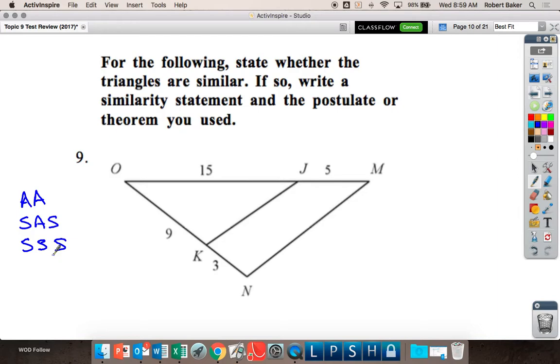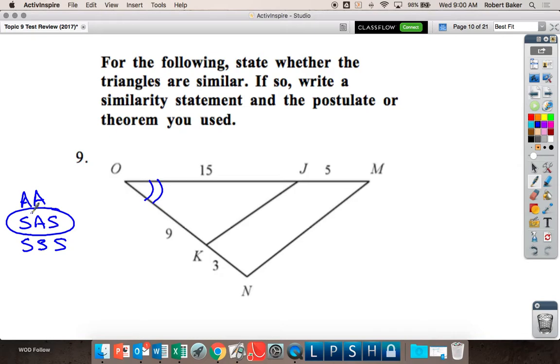Because the lines are not marked as parallel, we use that corresponding angles thing. Corresponding angles only happens when lines are parallel. Can you see this reflexive O right here, where O is part of the big triangle and O is part of the small triangle? So in this scenario, I'm asking you guys to use the side angle side shortcut and